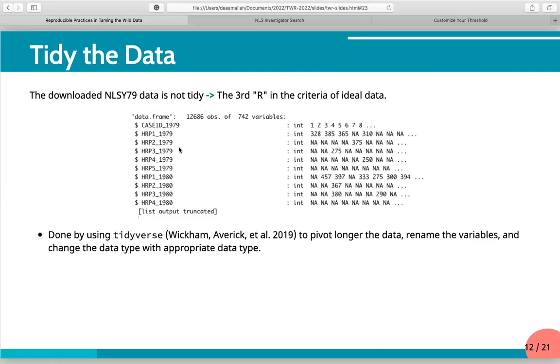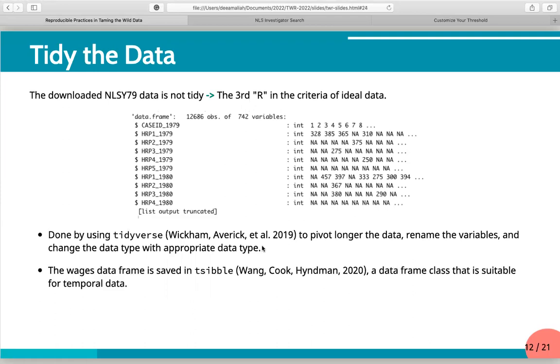This is mostly done with tidyr: rename, pivot longer the variables, and change the data types to the appropriate types. The final data we save as a tsibble, which is a class of data frame suitable for temporal data, in this case, longitudinal data.